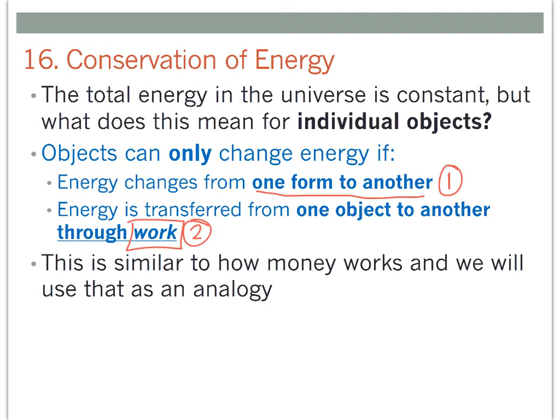So money ends up being a really great analogy for energy, and we're going to talk about that some as we introduce these ideas. But the main reason is that much like the total energy in the universe, the total amount of money in the United States, or in the world, I should say, remains relatively constant. I realize there's some complicated economic things with the deficit and exchange rates and all that good stuff, but in theory, the total amount of money would stay the same. The only way people gain or lose money is by transferring it from one person to another. And we'll use that as we go through and introduce these ideas.